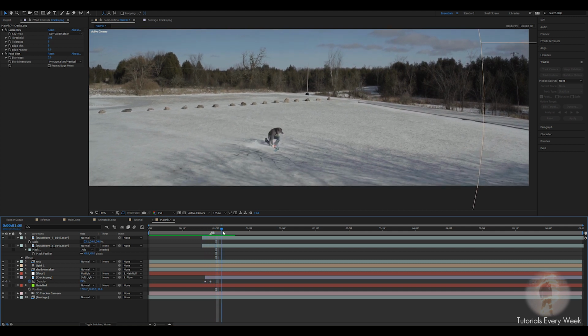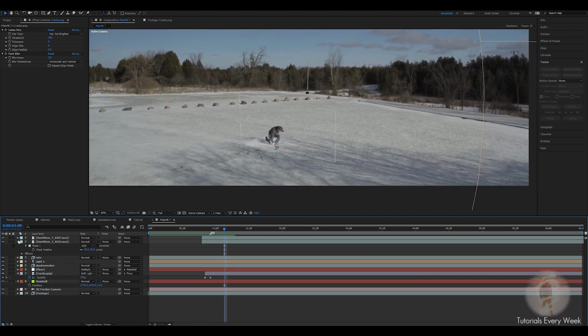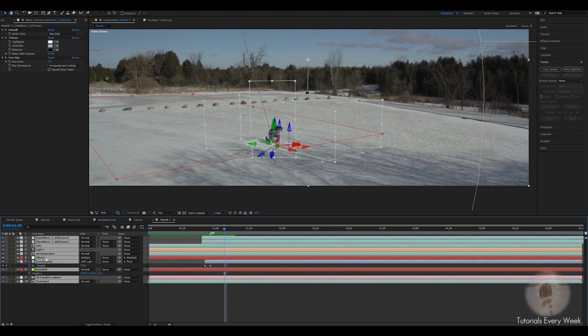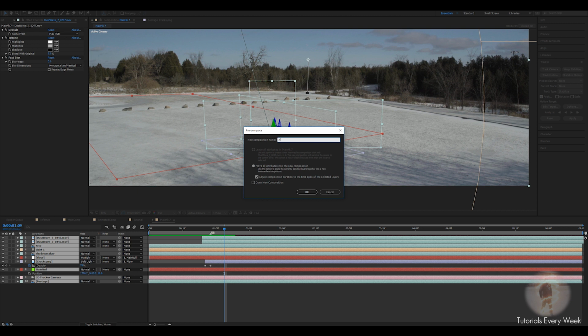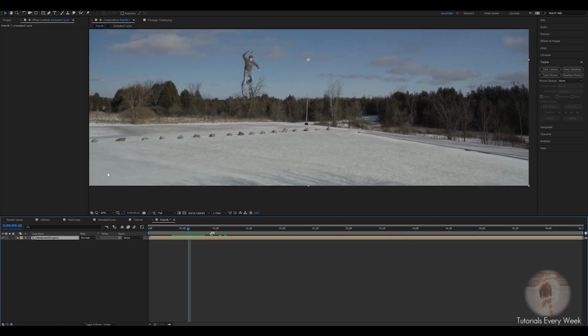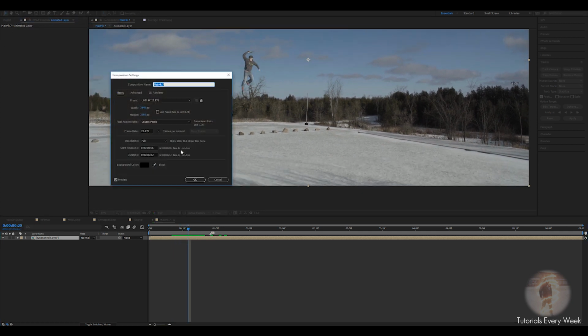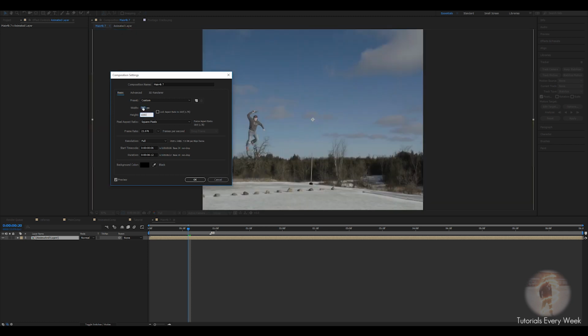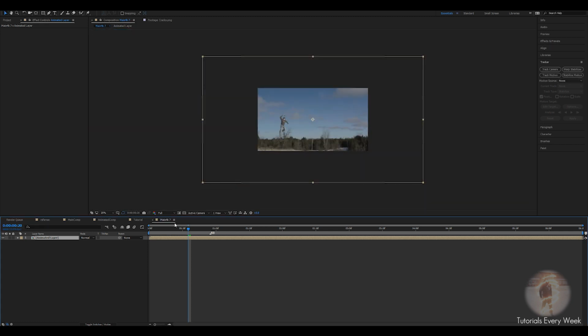They look kind of funny now, but in the next step, we'll grab everything, holding shift, precompose, and we're going to call this animated layer. And this is where we're going to do the animation. So if we go to composition settings, change this from 4K to 1080p. And what I want to do